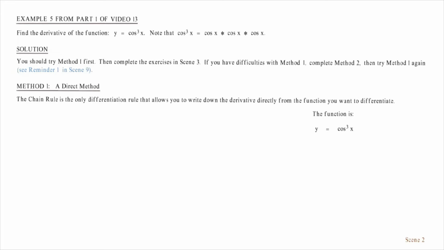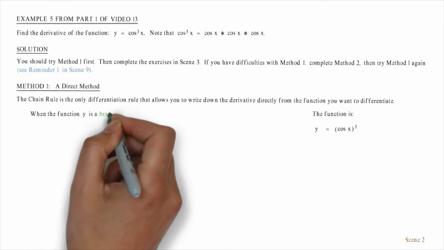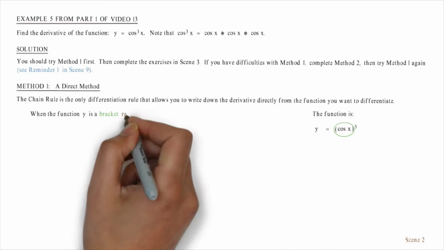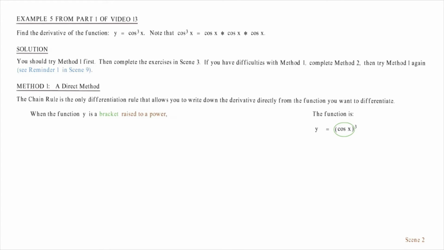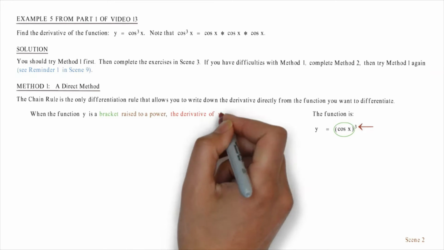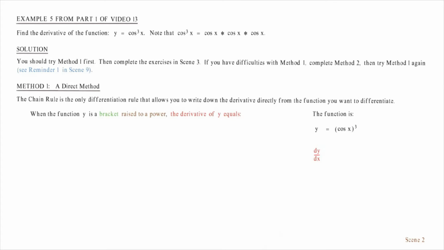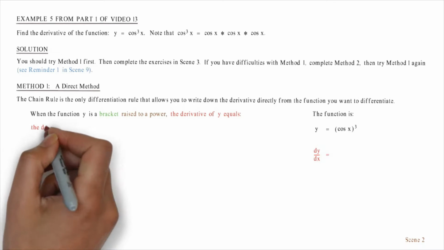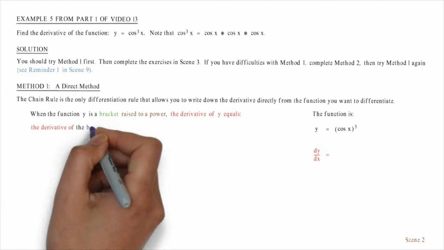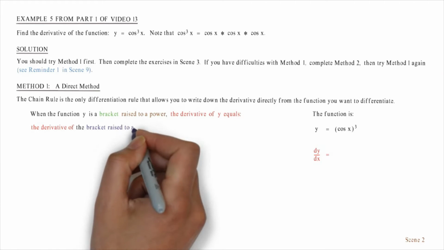Now replace cos cubed x with cos of x all cubed. When the function y is a bracket raised to a power which is 3, the derivative of y, dy by dx, equals the derivative of the bracket raised to a power